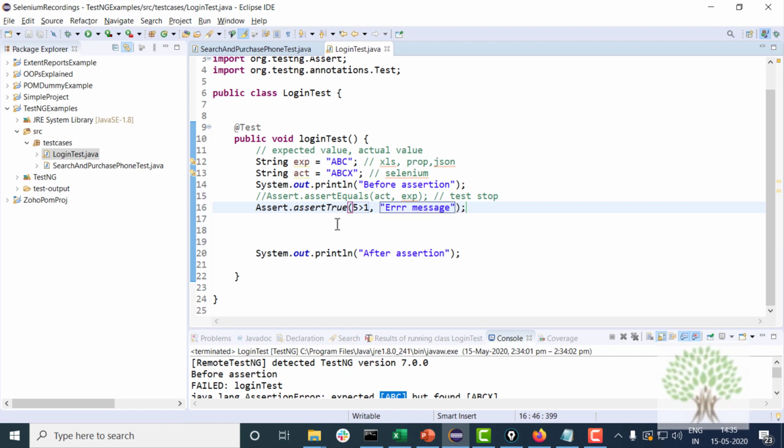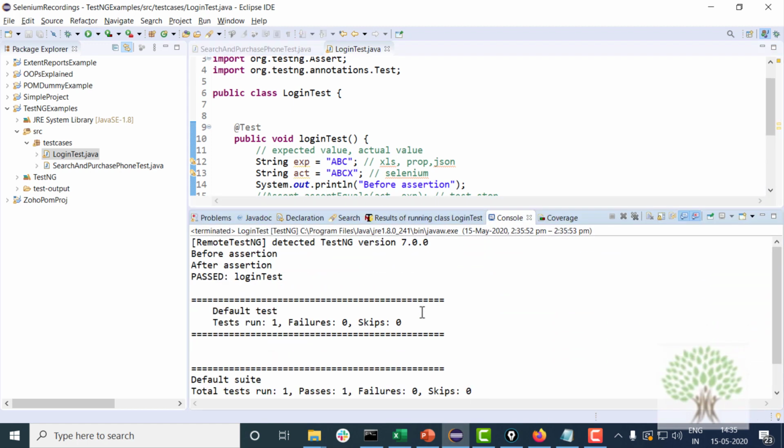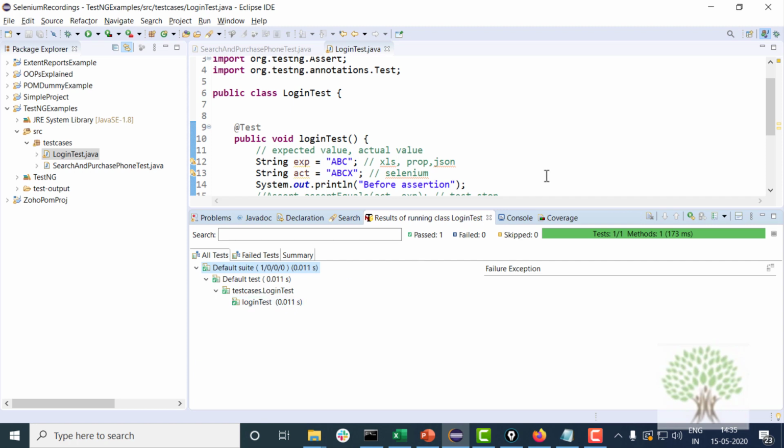Okay, so when you write assertTrue 5 greater than 1, then if this condition evaluates to true, then there is no error. If I run this, it is going to run fine and it will pass.